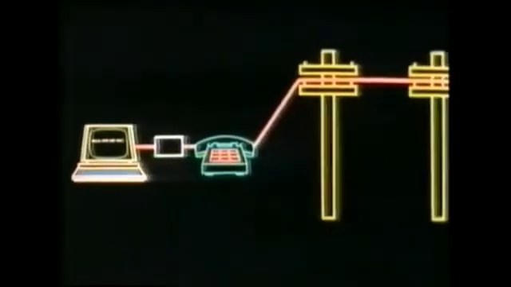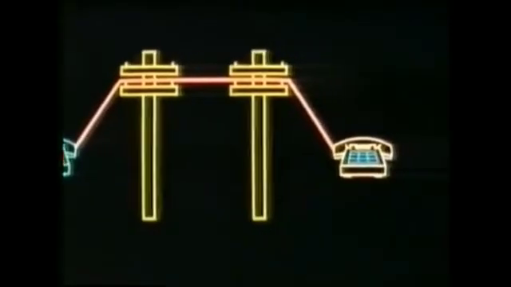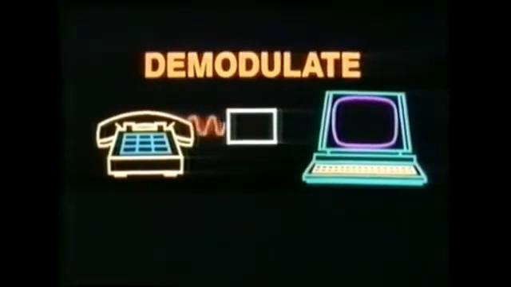At the destination system, there is again a telephone system and a computer system. So here again a device is required which can convert analog data to digital data, so that the computer system can receive the message which is sent by the first computer device. That means it can demodulate analog data to digital data. So here the message is received.